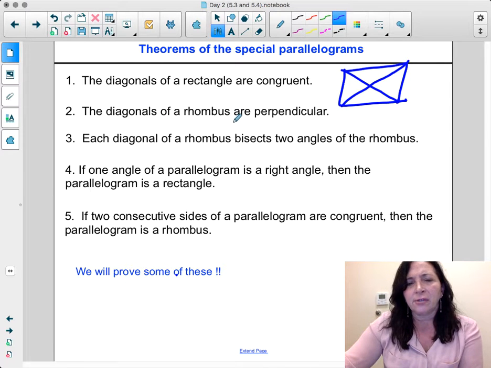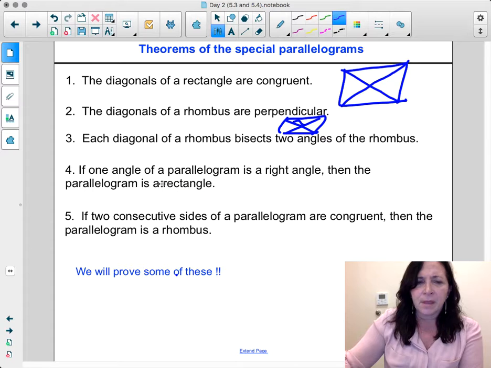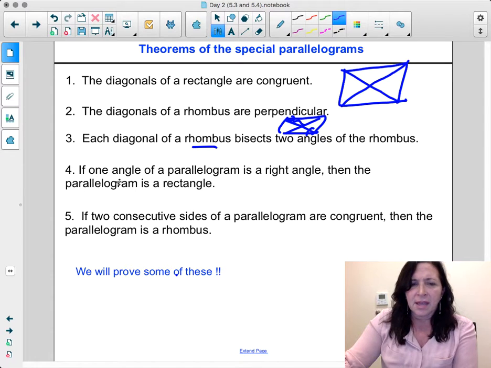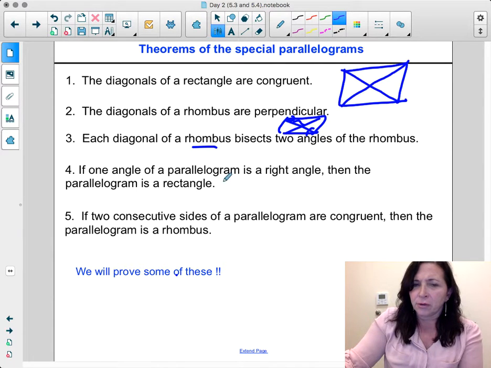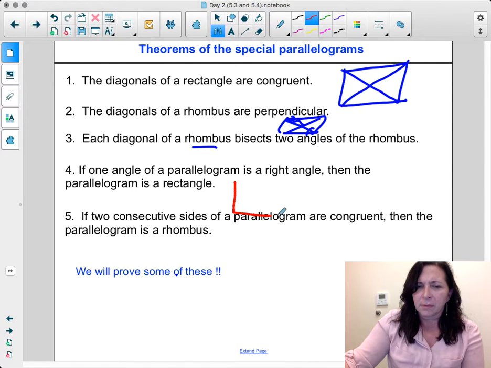The diagonals of a rhombus are perpendicular, okay? Each diagonal of a rhombus bisects the 2 angles of a rhombus. And if one angle of a parallelogram is a right angle, then the parallelogram becomes a rectangle. So let's say that again, because I think I said that too fast. If one angle of a parallelogram is a right angle,